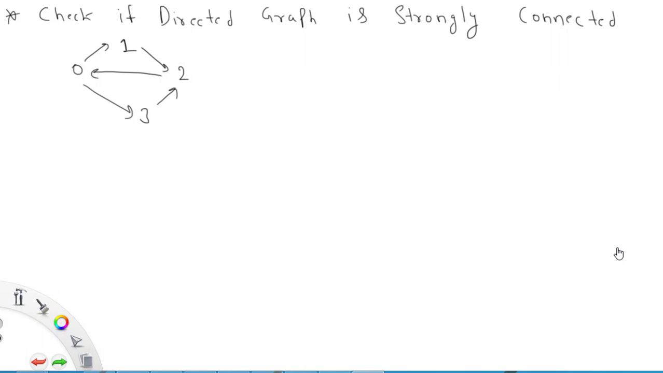So basically we are given a directed graph. We need to check whether this graph is strongly connected or not. Now a given directed graph is strongly connected when we can reach from any point to any other point in